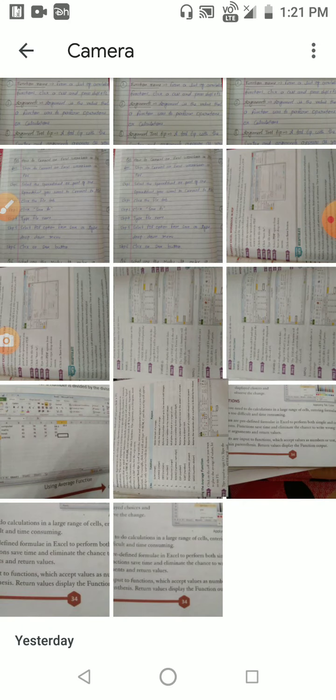So this is the meaning of built-in. It gives tips on how you can write the functions, the syntax. What is syntax? It is how to write any function.